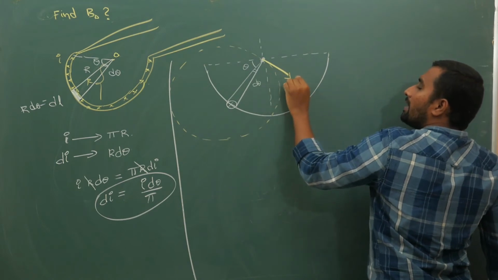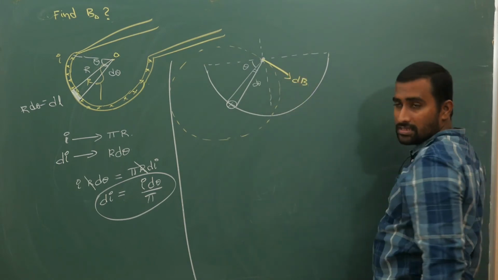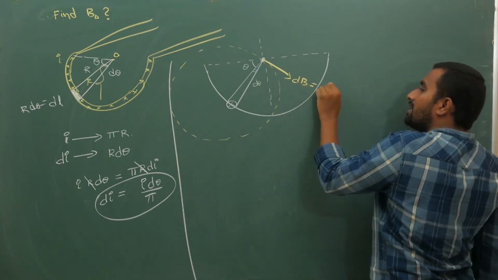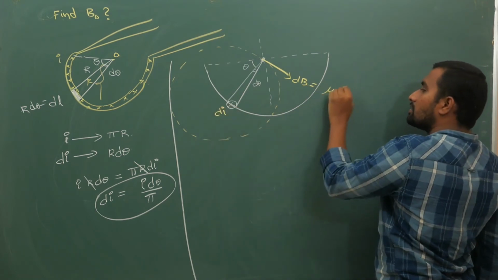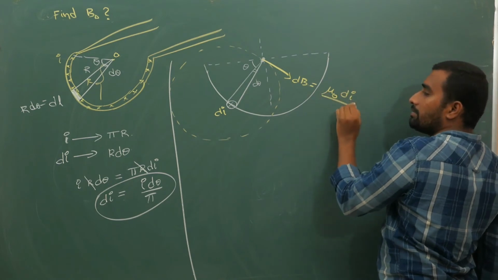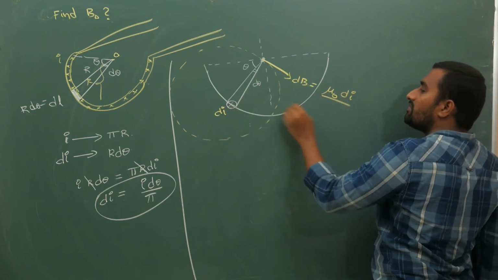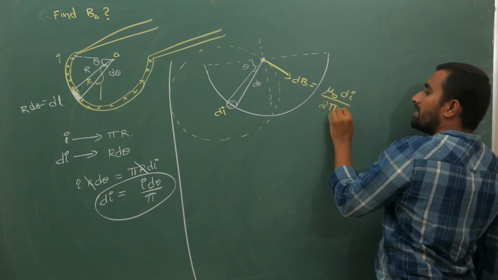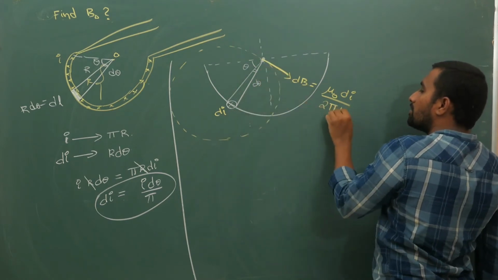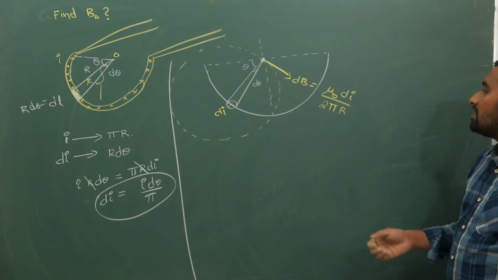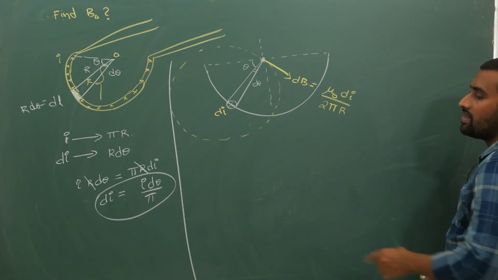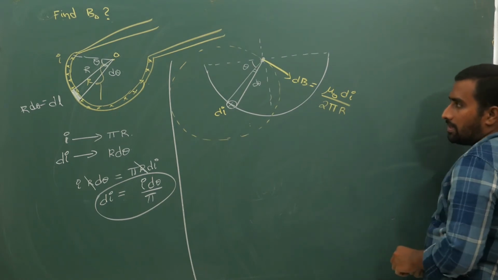So your small magnetic field dB will be like this. Its magnetic field is mu naught times di, because this is an infinitely long wire, divided by 2 pi times the distance from here to here, which is r. So your small magnetic field dB, where di is I d theta by pi,